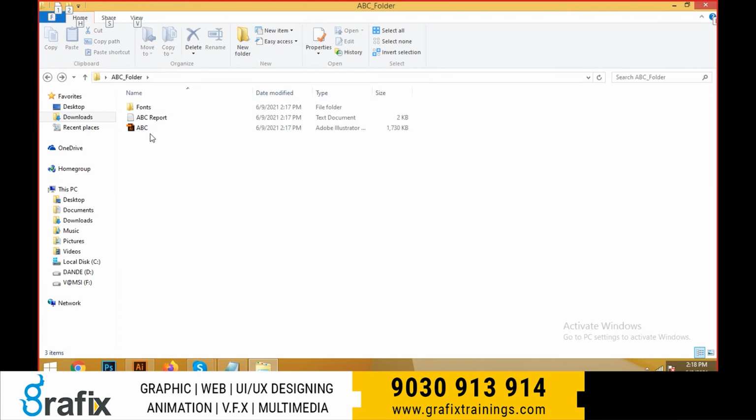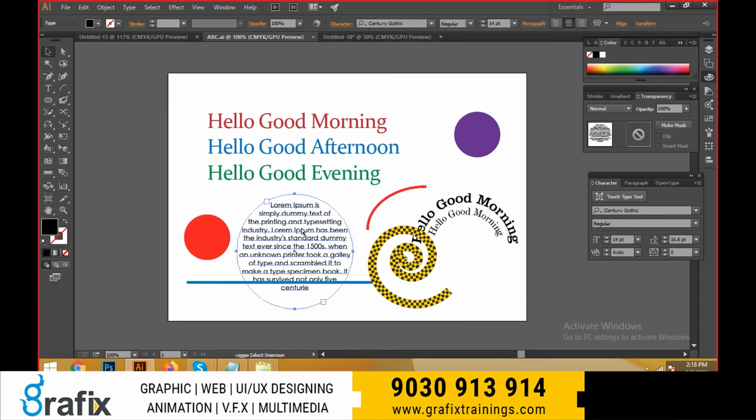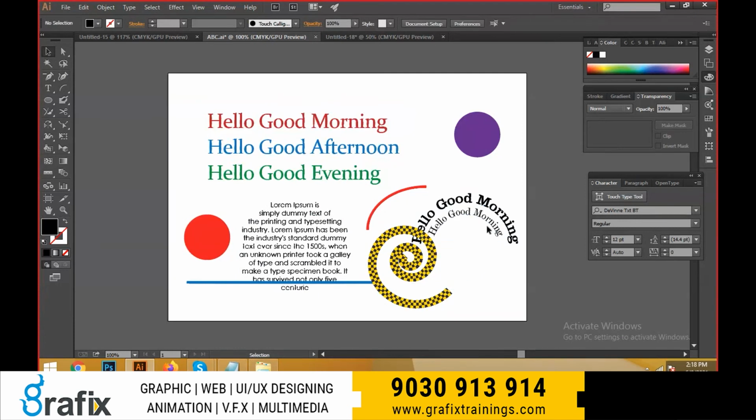Why? If you send this file directly, the fonts are not there in the printer, and again they can get some error. That's why you have to send it as a folder, or otherwise the fonts should be broken, that is called Control-Shift-O, which is nothing but convert to curves. If you break it like this directly, no need to go for a folder, because there are no fonts.